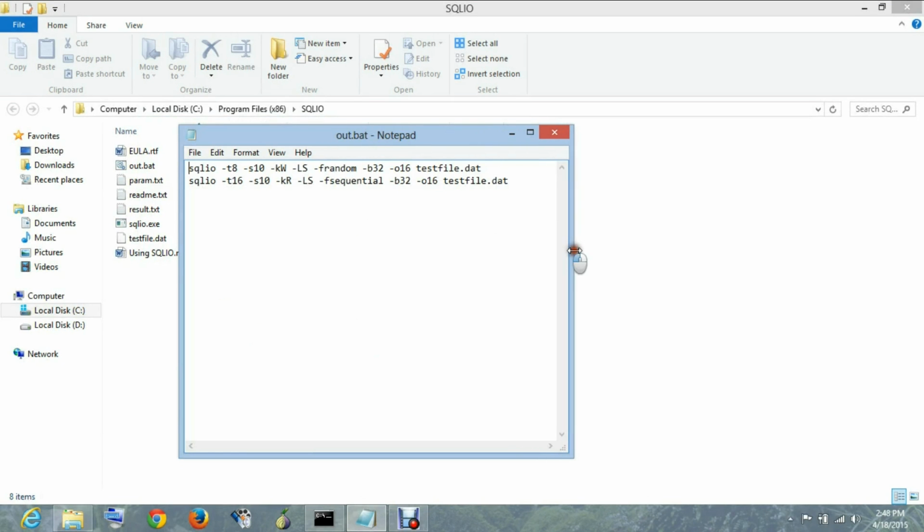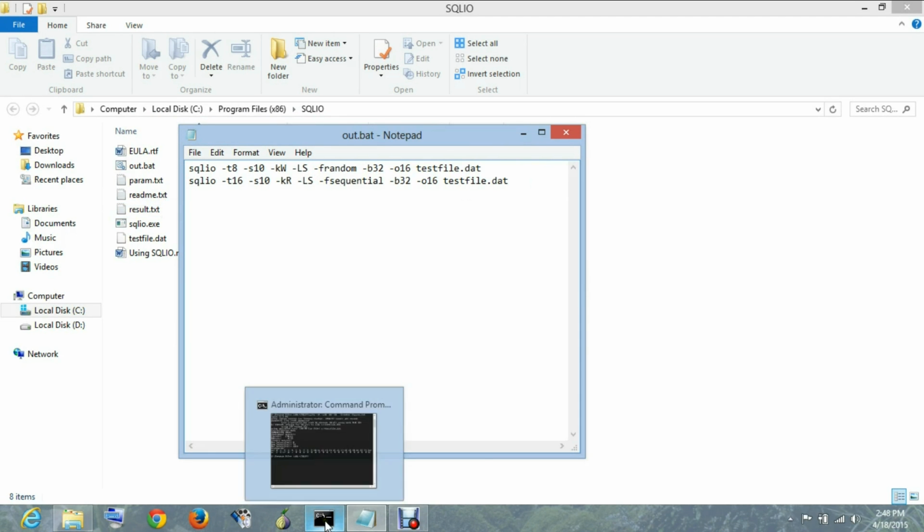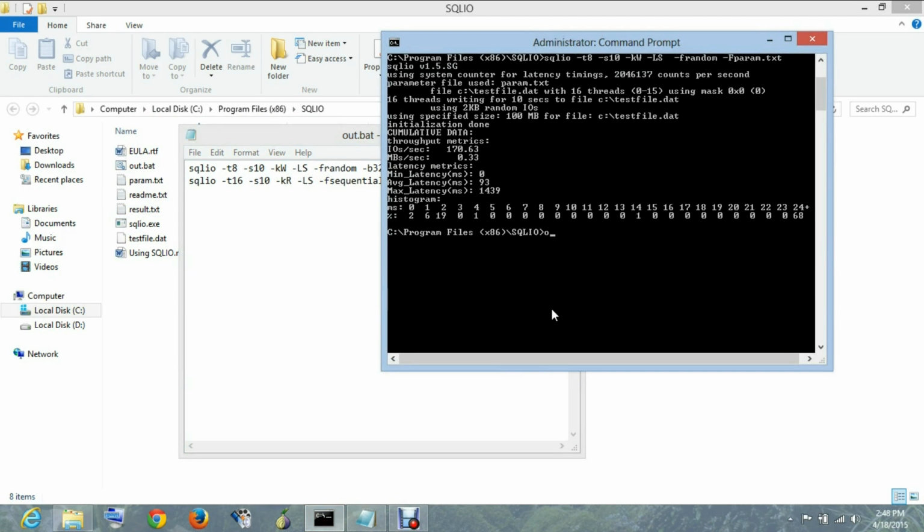As we can see in the batch file, we have two commands: the first sqlio command uses the frandom feature, and the next command uses the fsequential feature. We want to execute both these commands and store their output in the result.txt file. So this is how we do it: out, the greater than symbol, and the name of the file where we want to store the result, and press enter.